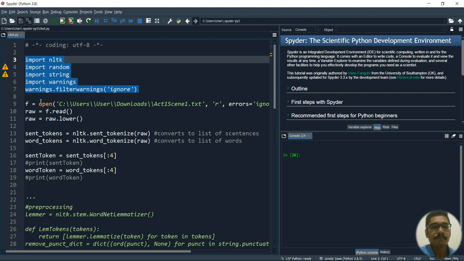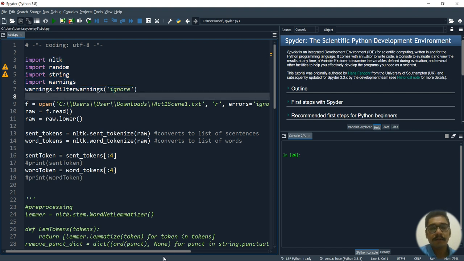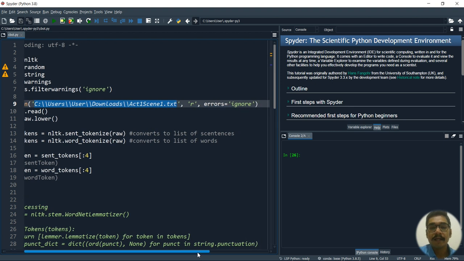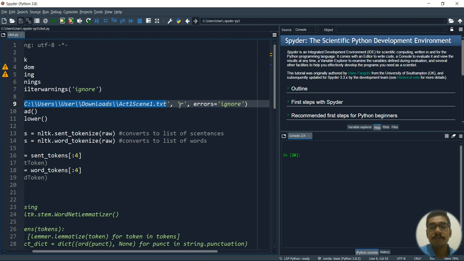Okay. So first of all, that particular file which I showed you is on my local system, located in this particular location. I basically want to open that file and read it. I'm not doing any other modifications, not writing or appending anything onto it. I just want to read it.